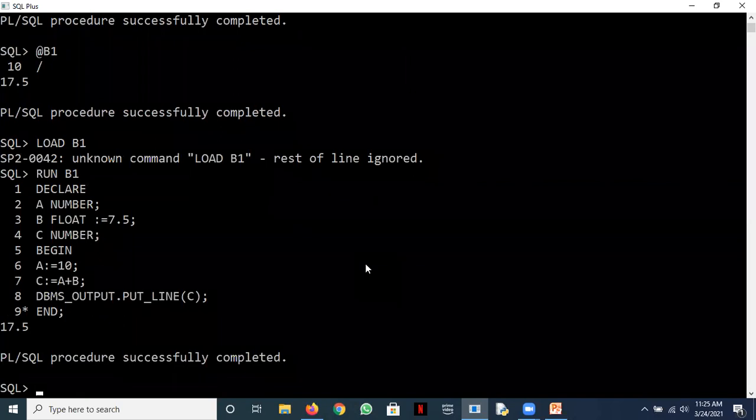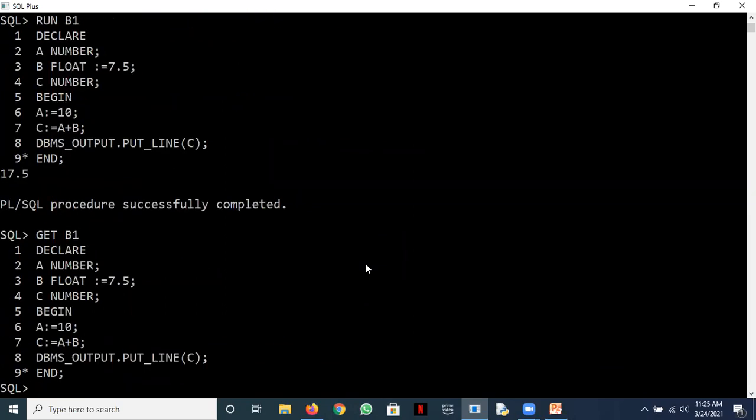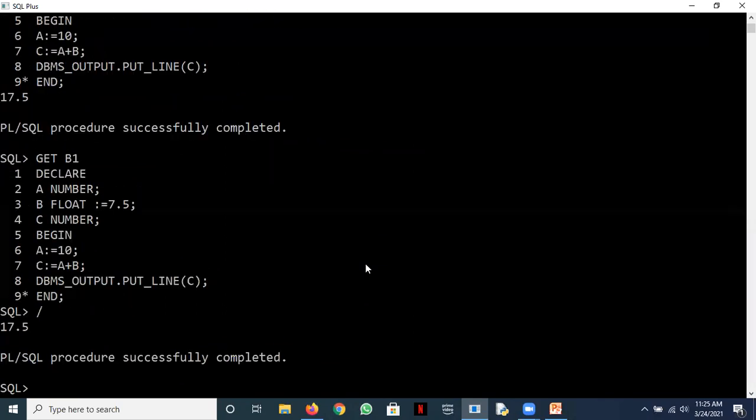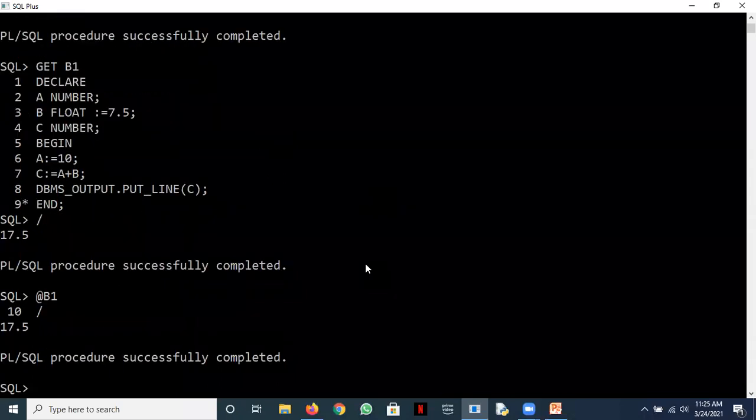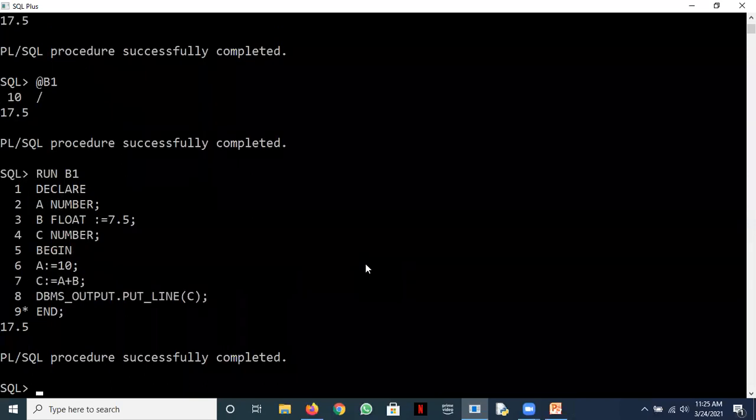Okay, listing and executing both. So three ways. First, you can get your code, see it. If it is correct, then run it. Without seeing, if you're sure, you can run it directly, and then maybe run, and then both the things simultaneously.